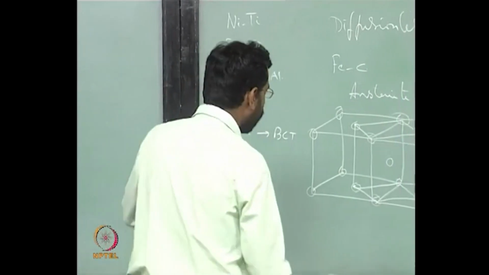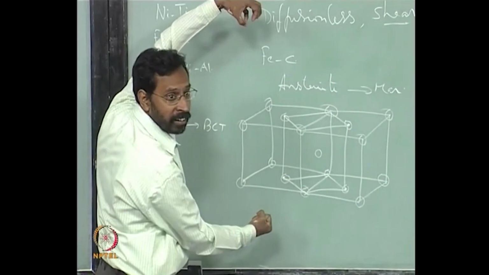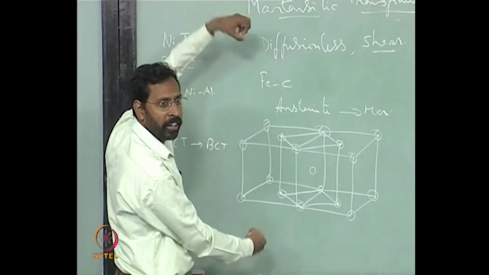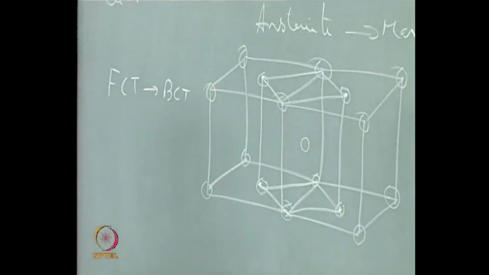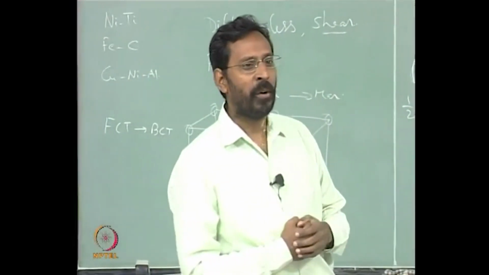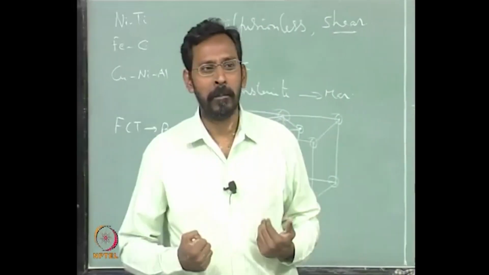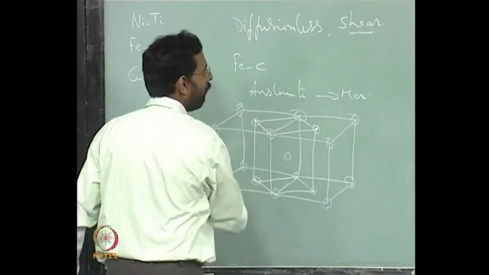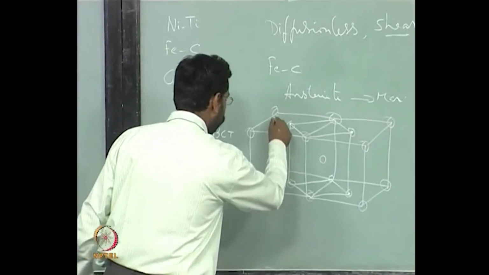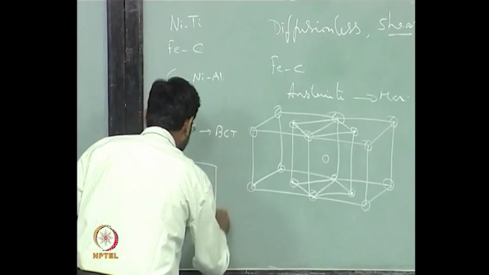That is why the moment you take a cube and pull it, what happens to the cube? It becomes tetragonal. Once it becomes tetragonal, what happens to the crystal symmetry? Now tell me. 3-fold disappears. Perfect. 3-fold completely disappears. The reason is, for the 3-fold to exist, if I consider this plane,